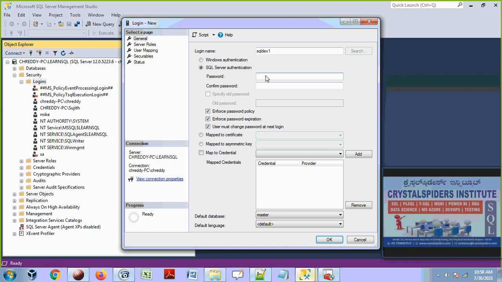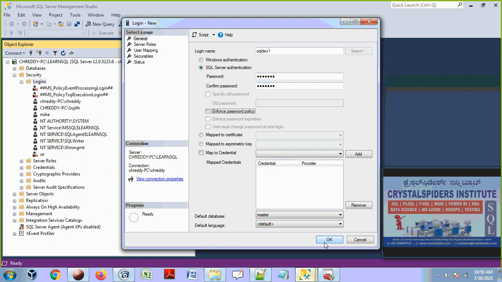Just like, guys, when we forget that internet banking password, they will send one temporary password. As soon as we log in with that temporary password, immediately it will ask, please change your password. It's similar to that one only. But anyway, I am not going to bother about these options on my computer. Let's remove. And this is what, guys, and say OK. If you say OK, this login will get created.